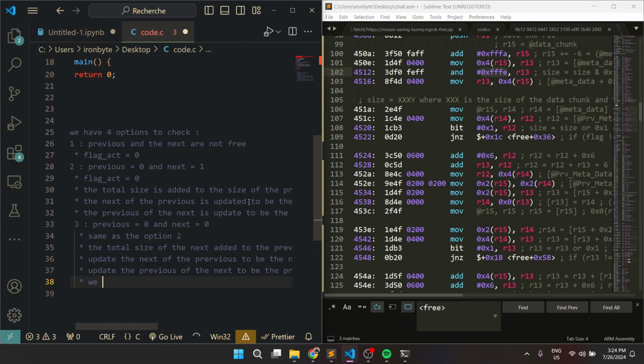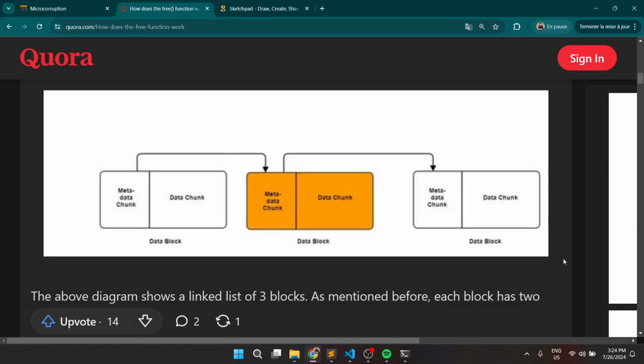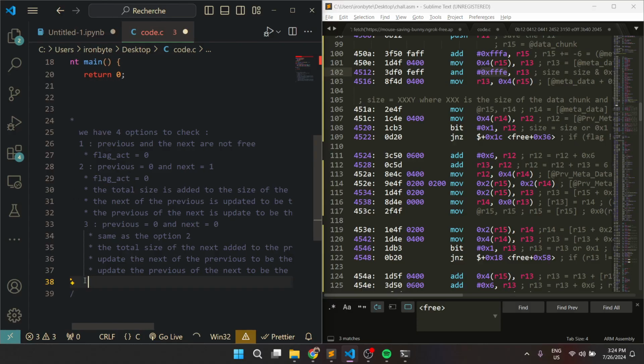And we can just conclude, for example, that this is going to be the union of these three chunks. Anyway,